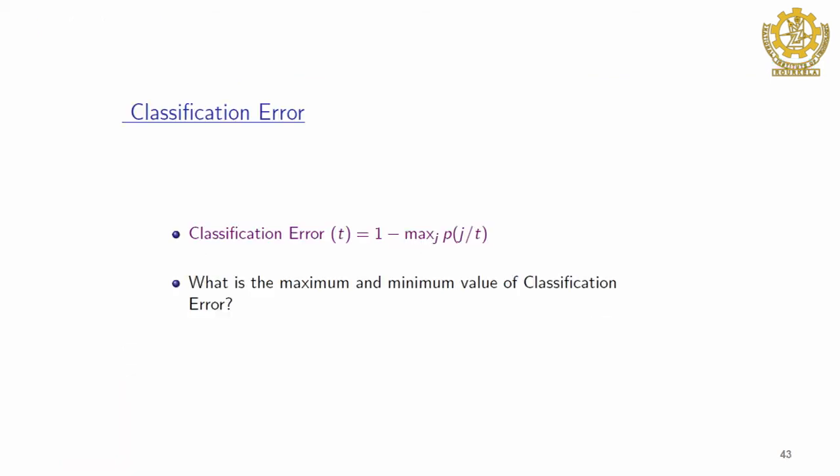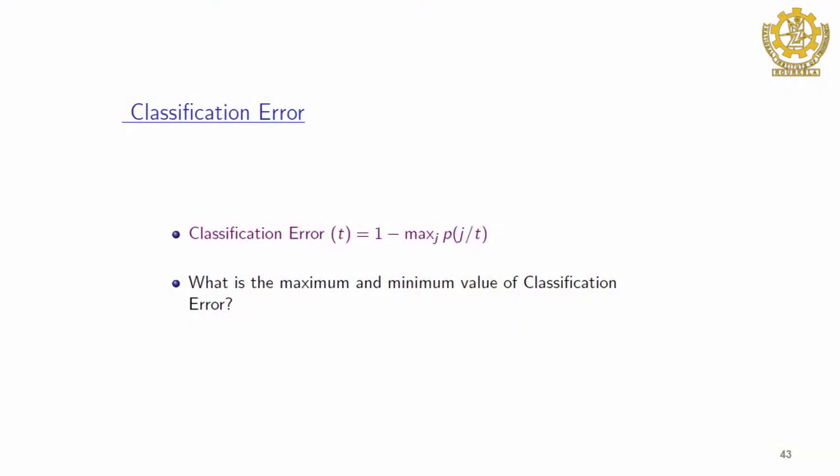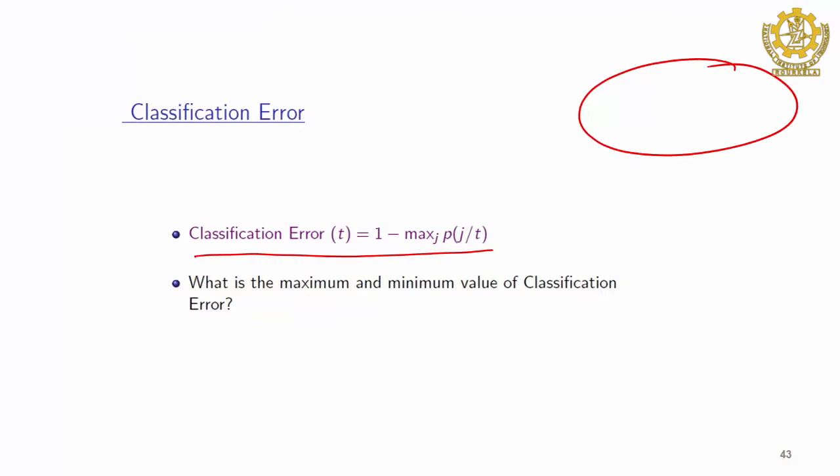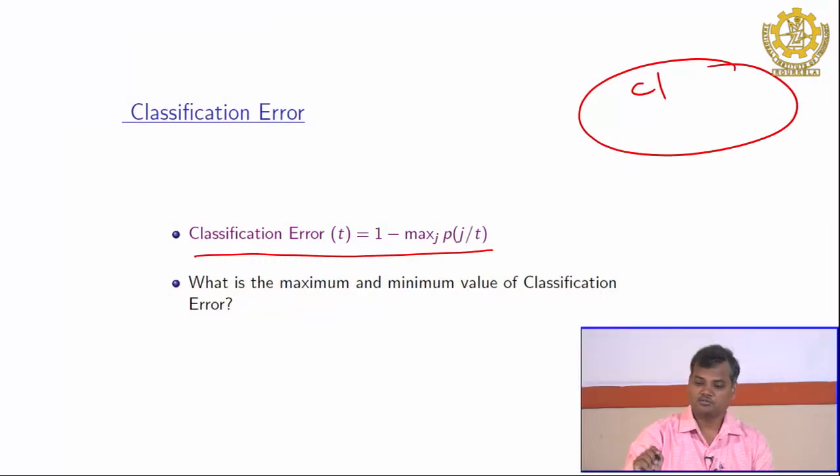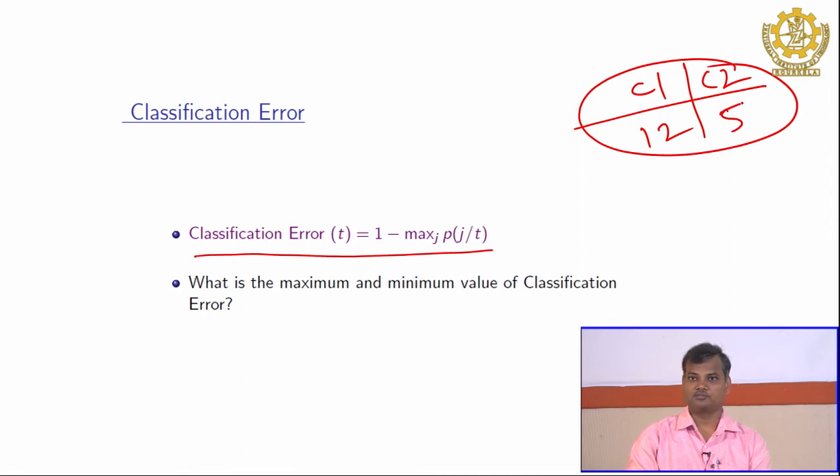Now, as I said in the beginning, that is 3 metrics, we already discussed 2 metrics. Another leftover metric is the classification error. So, what is classification error? That is defined here as 1 minus max over j of P j t. So, maximum over the classes, P j t is the same definition, the relative frequency of class j. One example here, suppose we reach a node, there is a C1 class and another is C2 class. There are 12 objects in C1 class and 5 objects in C2 class.